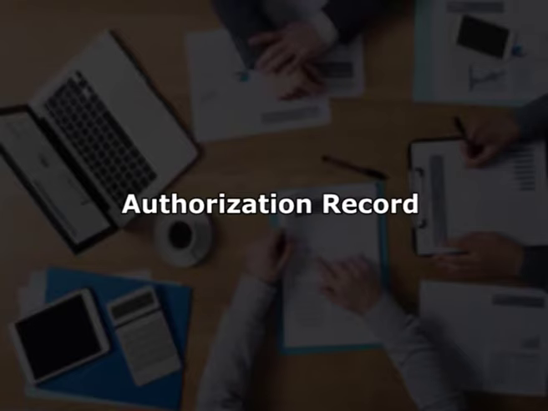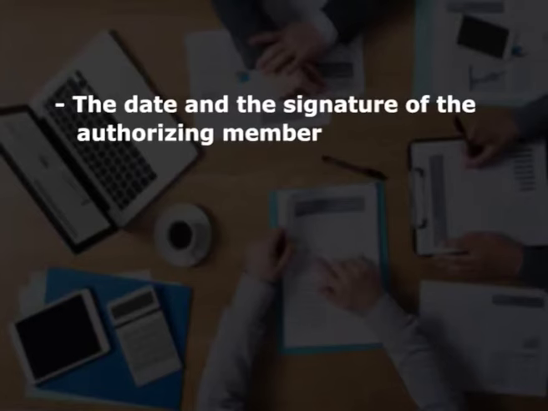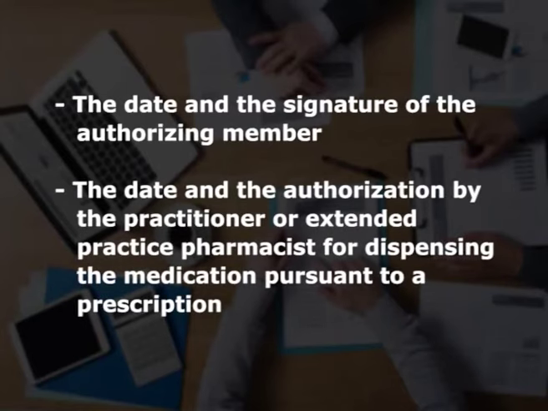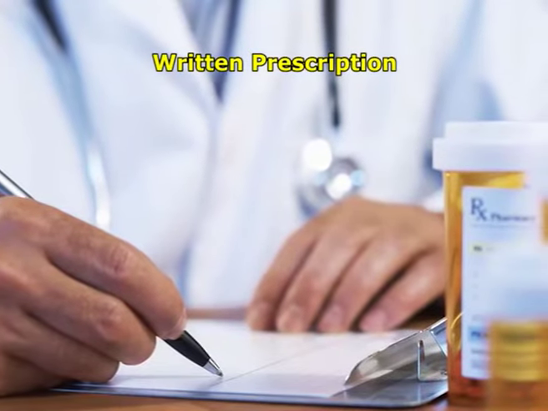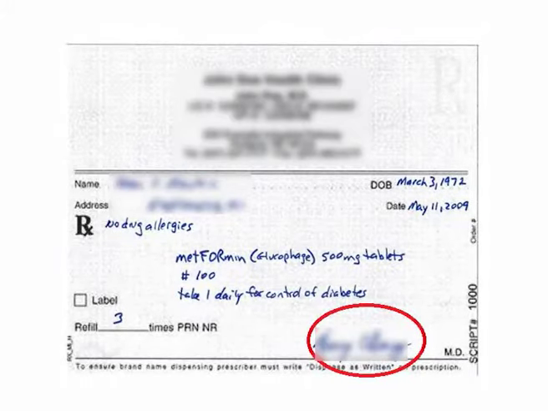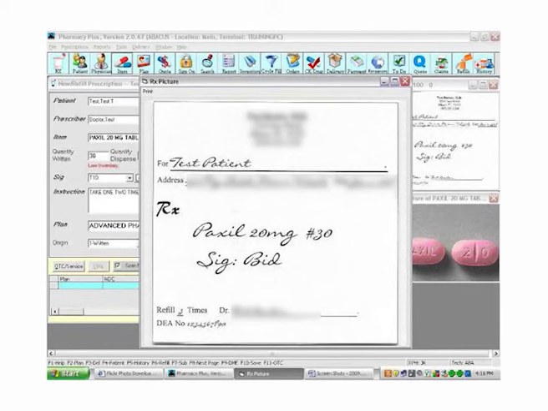Authorization record. No drug may be approved for dispensing unless a record of the following is made and retained: the date and the signature of the authorizing member, the date and the authorization by the practitioner or extended practice pharmacist for dispensing the medication pursuant to a prescription, indicating where the prescription is a written prescription by the signature of the practitioner or extended practice pharmacist, or where the prescription is a verbal prescription,